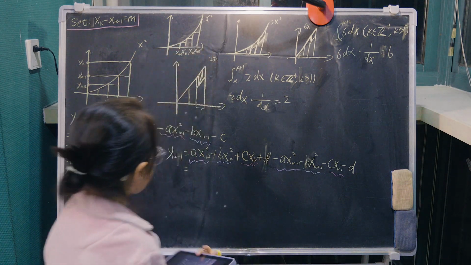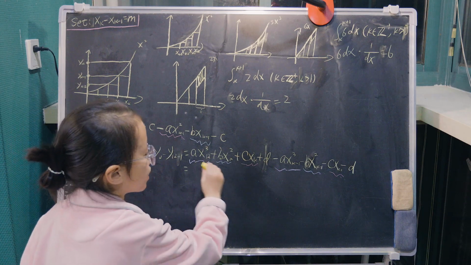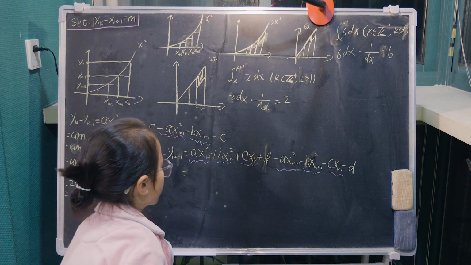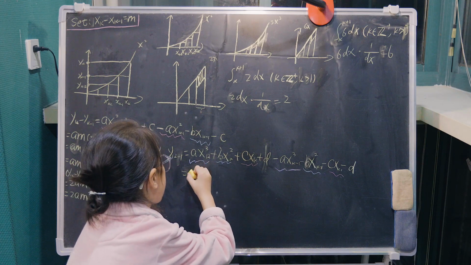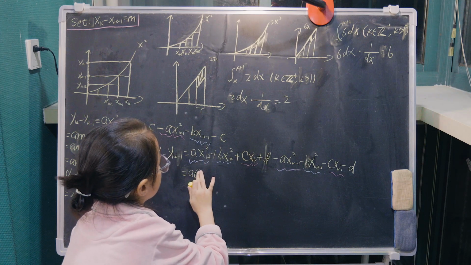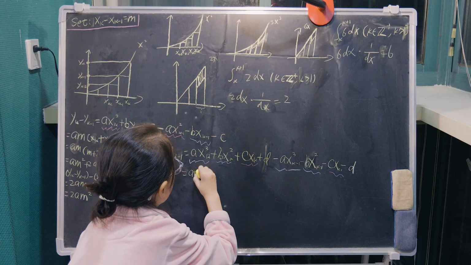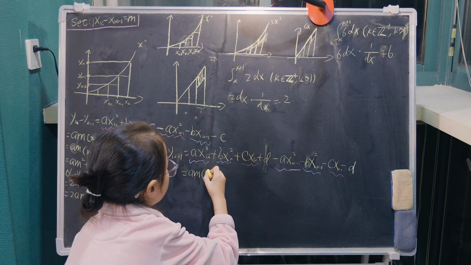Okay, you can see this, okay? You can see this, and these two guys. So first we can factor out a, and then let's see next step, we can just take out a part like m, and inside we can find out that is